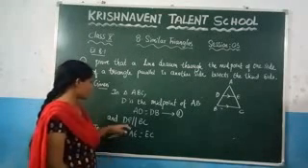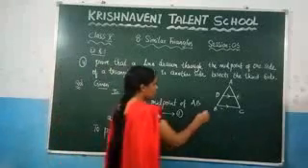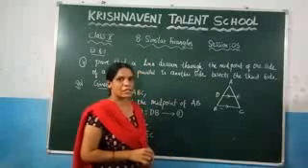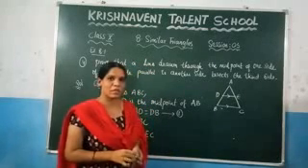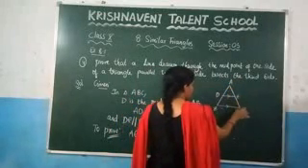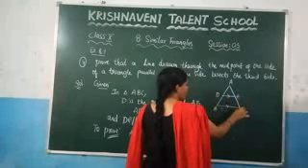So what we got in here, they have given the condition DE is parallel to BC. So if you choose here this DE is parallel to BC, so by the basic proportionality theorem, you can say that the other two sides are divided into the same ratio. What are the other two sides, which is AB and AC? So you can write it here AD by DB is equal to AE by EC.